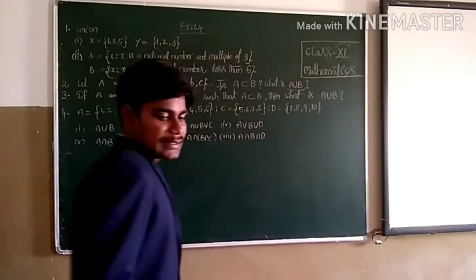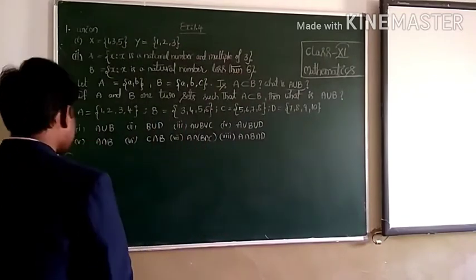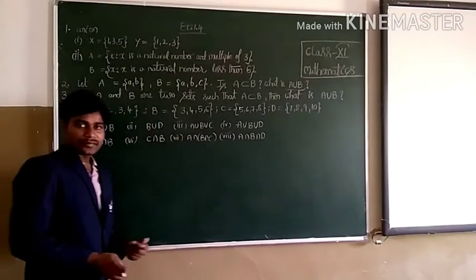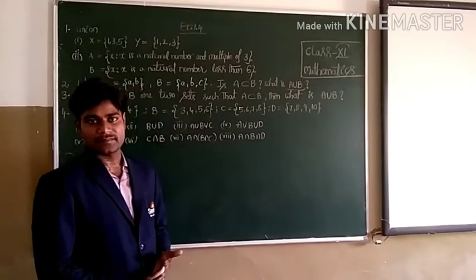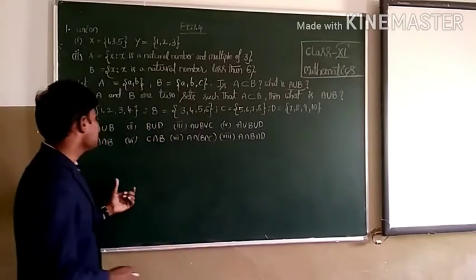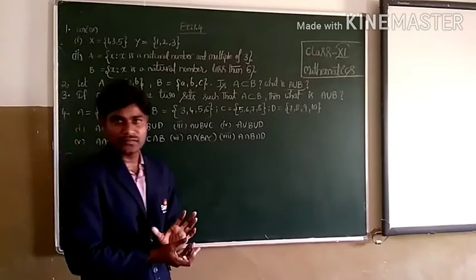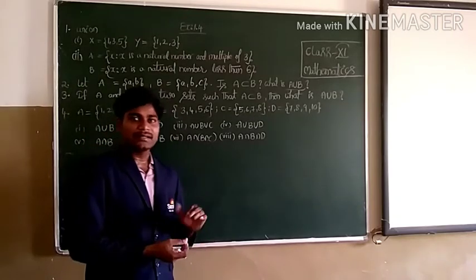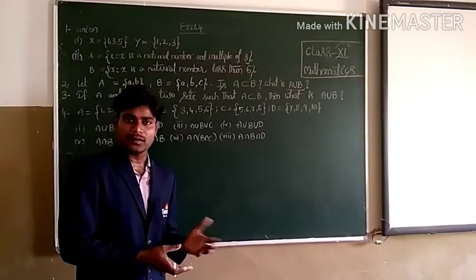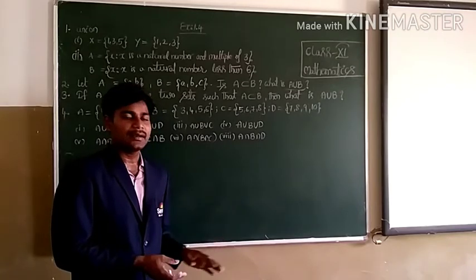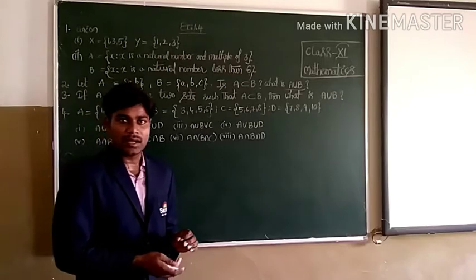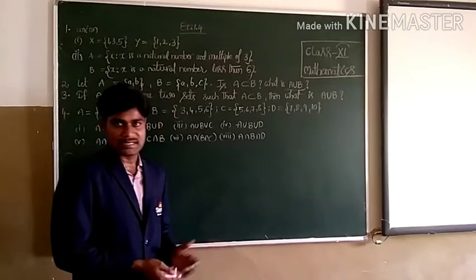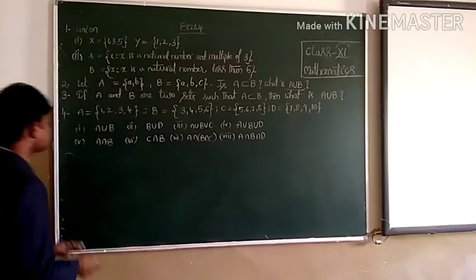Intersection of sets is a set that contains the common elements in both the sets. That is the difference between intersection and union. In union we have to take all the values in A or B or both A and B, but in intersection of sets we have to consider the common elements in both the sets. Okay, now let's see the examples.